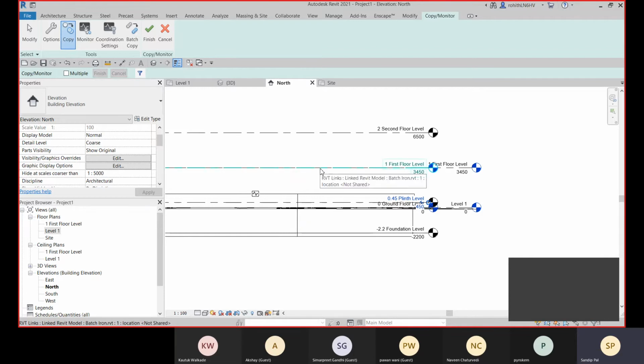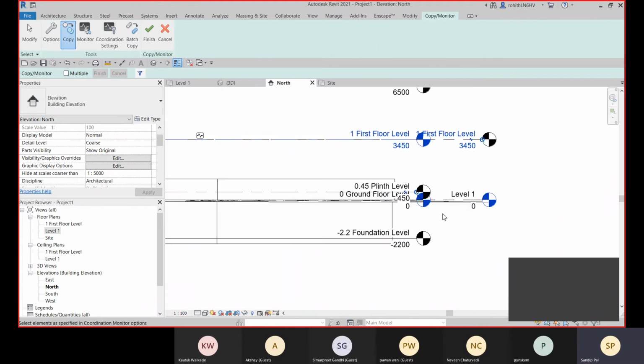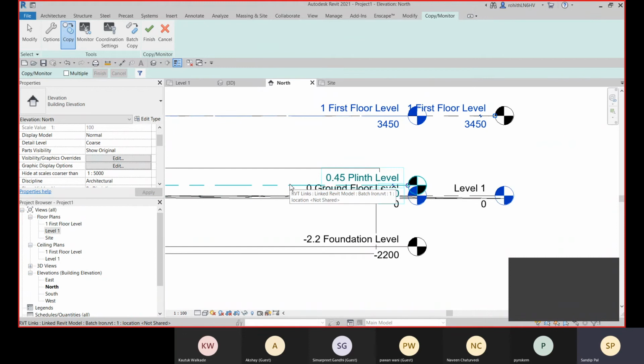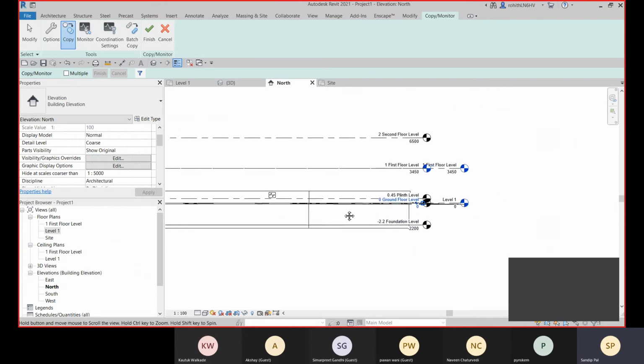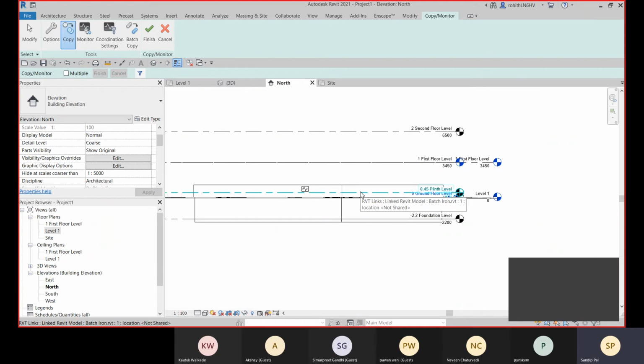And for this also I should copy it. Okay, and this is being monitored. Fine. So for this ground floor, yeah, okay. And for the plinth level, if I'm doing it again, it will show you this warning that element has already been copied, so we don't have to do it again.